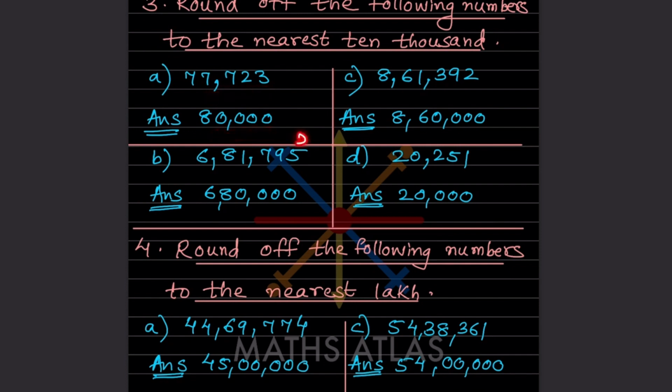Okay, now look here: ones, tens, hundreds, thousands, 10,000. You don't have to think about this one. So 10,000 means we are going to concentrate on this one. The next number is 1, less than 5. So 8 remains as it is, and all the other zeros. Of course, the 6 remains as it is. Here we are going to stop at this 10,000, and we are not going to think of the number right